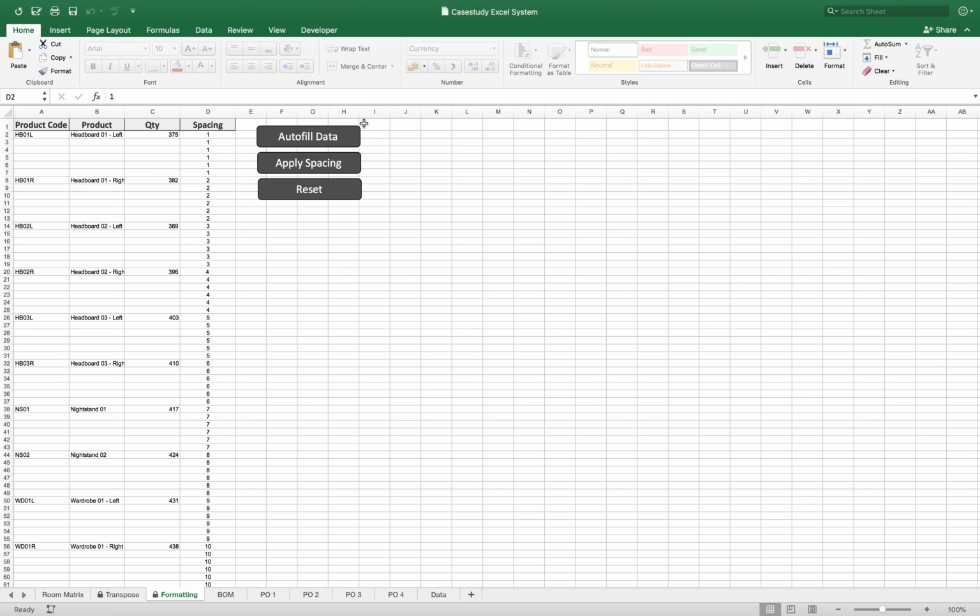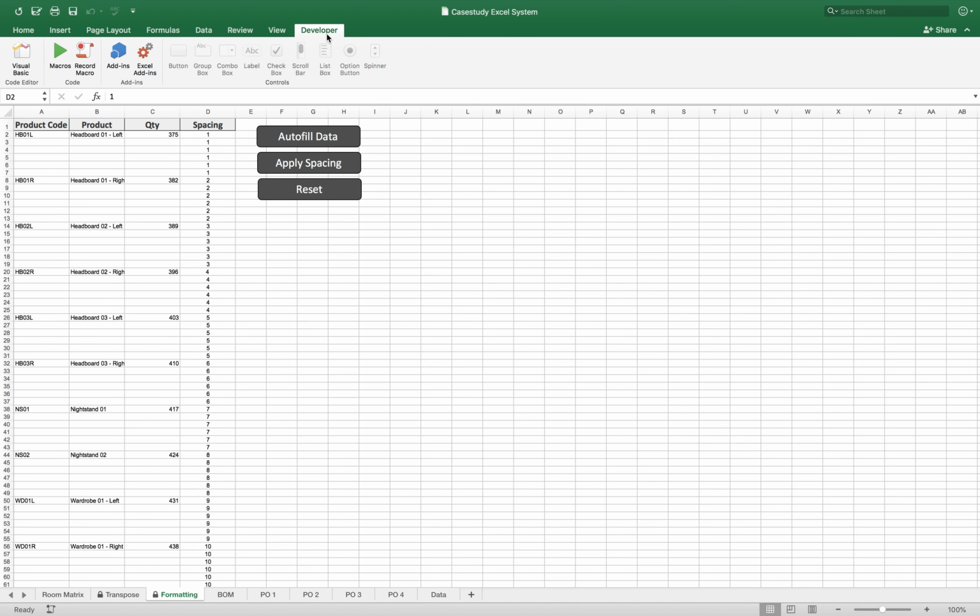This advanced feature is called Visual Basic. I'll just show you now where you can get it. It's in the Developer tab. The Developer tab is not normally in Excel; you have to add it into the ribbon. But in the Developer tab, you can see the first button says Visual Basic. This is where you can type up your coding. So I just click there, where we can see the coding for this